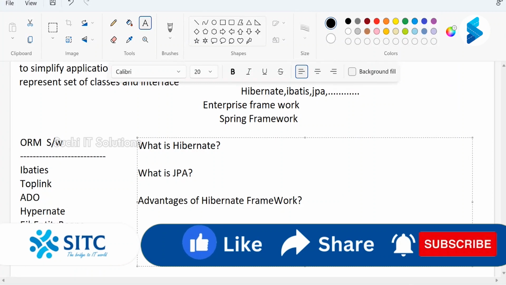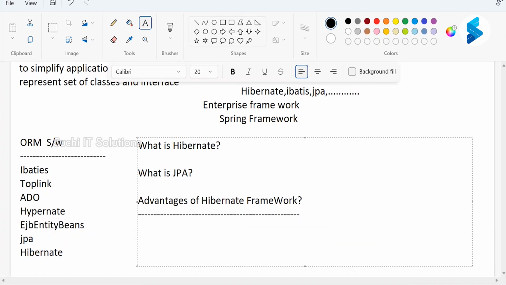It means that the Hibernate framework is open source, and it's also lightweight. Lightweight means without servers, you can work with a Hibernate application. We are not required to use any server when working with Hibernate. Like JDBC, is any server required to run it? Not required. The same way, lightweight means that we are not required to add any external servers and jars to run this Hibernate application.